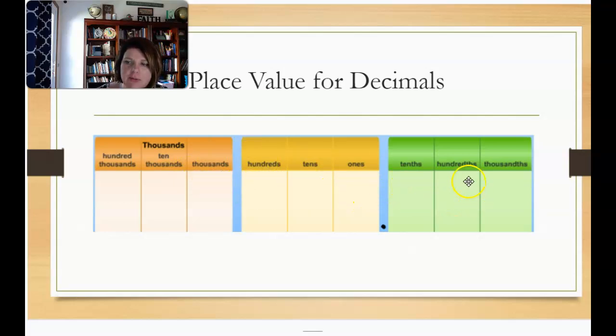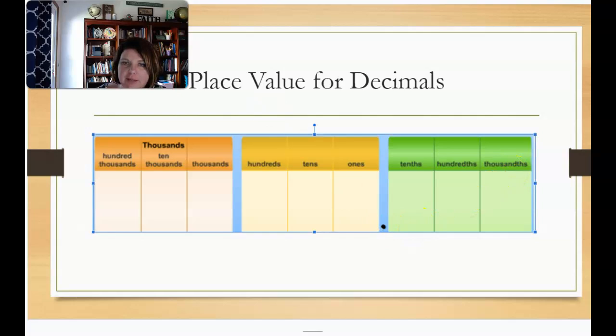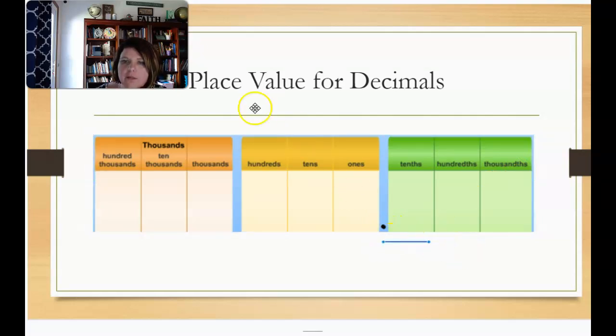These decimal place values have THS at the end. Tenths, hundredths, thousandths. And the further I get away from that decimal,